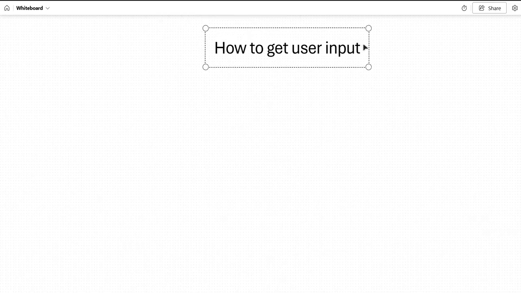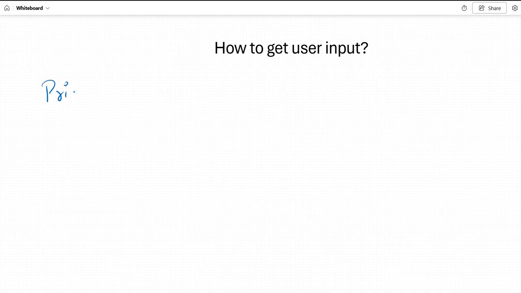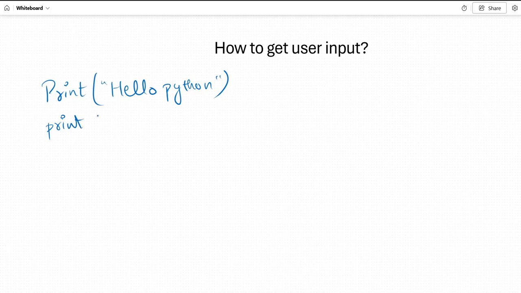Now, before this particular question arises, till now, what were we doing basically? We were just printing the statements, right? We were using the print commands. If I want to print a string value, I was writing Hello Python. If I wanted to print any number, then I was doing print 87.